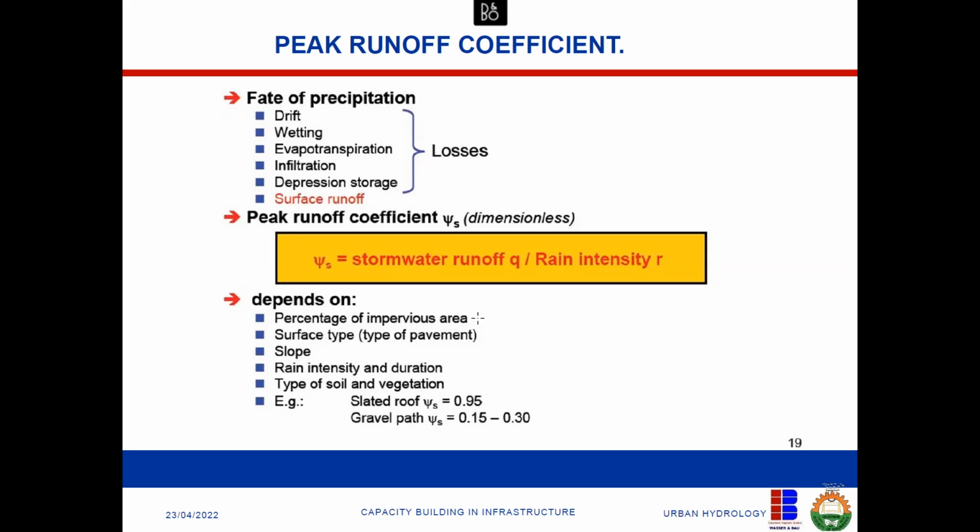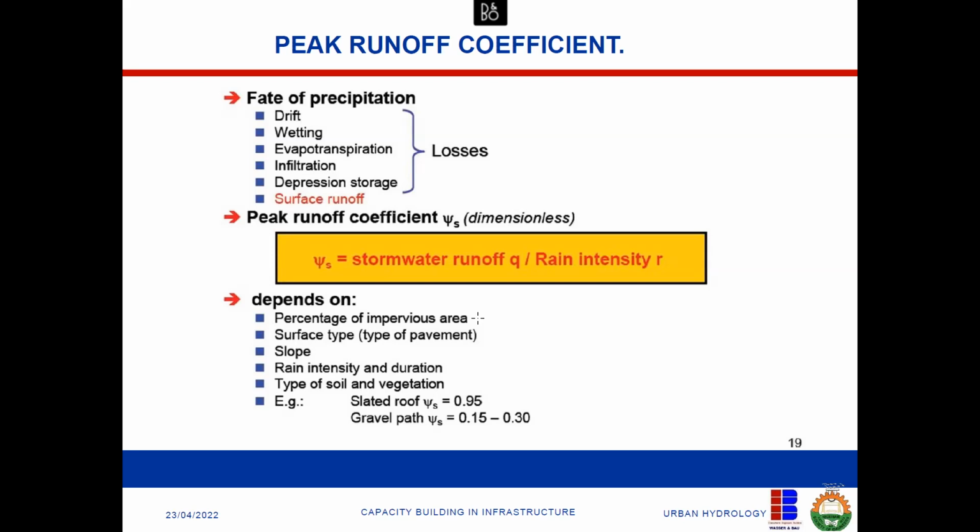Then it also depends on rain intensity and duration. You cannot compare the rainfall intensity of Abuja and Lagos. Lagos is about 150, 140 for a 5 to 10 year storm period. In Abuja it is around 100 to 120. In Maiduguri it is around 80. In Sokoto, maybe 90, and so on and so forth. So it depends on the weather condition, the area, the geography, and the meteorology of the area. Then finally, it also depends on the type of soil and vegetation, which also have a role to play in estimating your